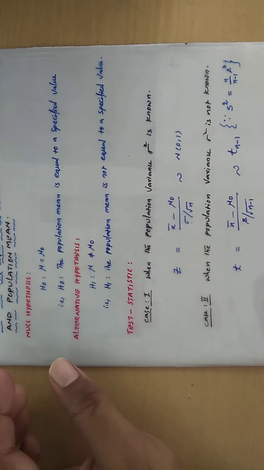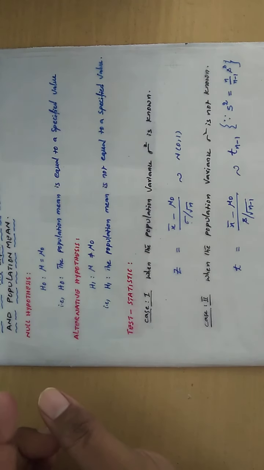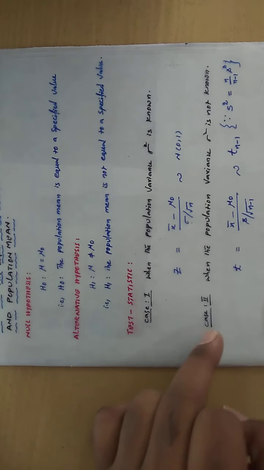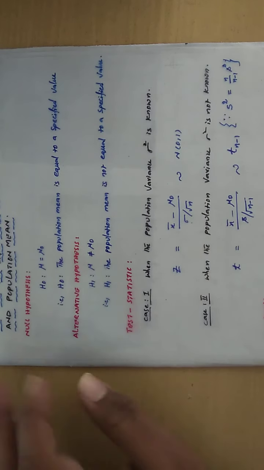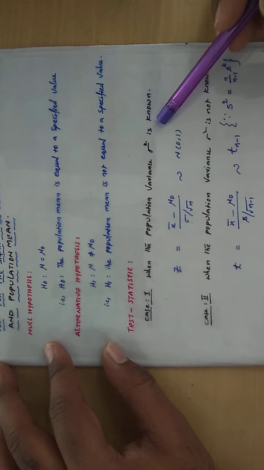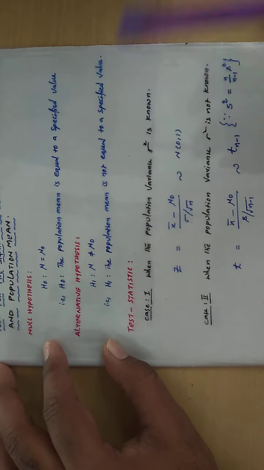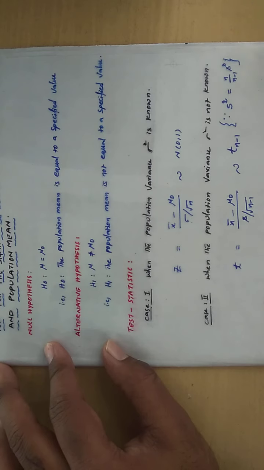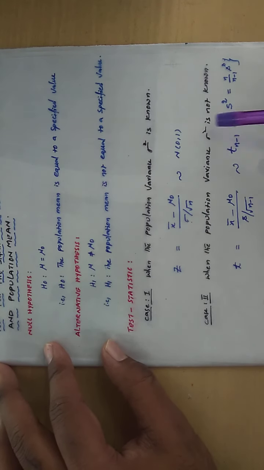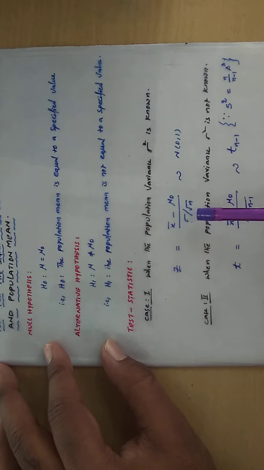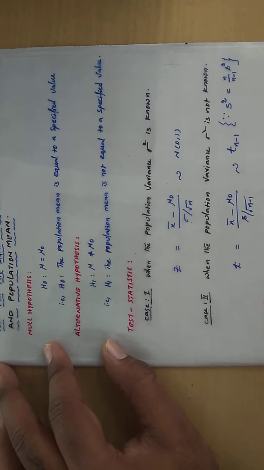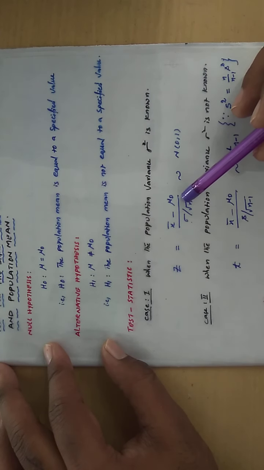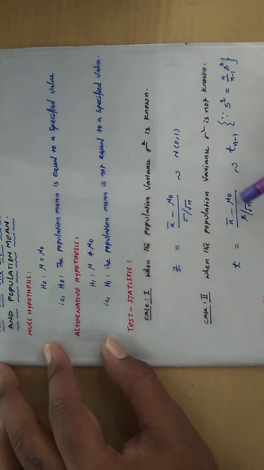So that means under the test for single mean of the small sample test, two formulae are there, two cases are there. Case 1, when sigma square is known. In this case, everything is just like our large sample test. But the case 2, when the population variance is not given, so instead of the population's SD, we are considering the sample SD. That means for the sample we calculate the standard deviation, that value we are substituting, and also instead of square root of n here, what you are putting? Square root of n minus 1.